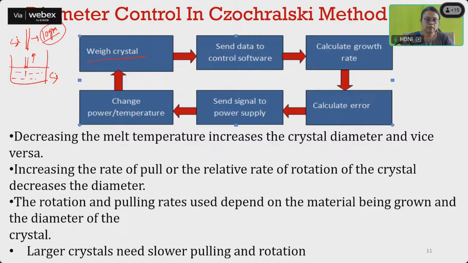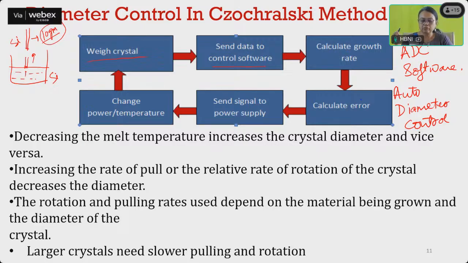And we are using software, which is called the automatic diameter control software. So this is called the ADC software. What does ADC mean? A means automatic, D means diameter, and C is control. Okay. So this automatic diameter control software, what it does: